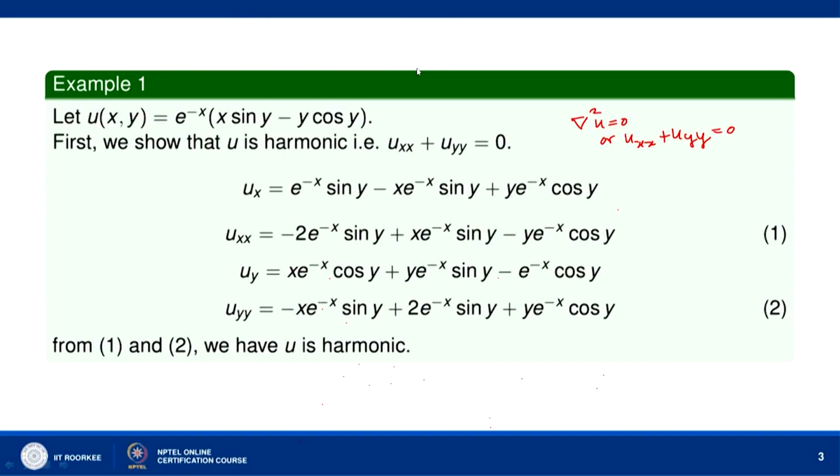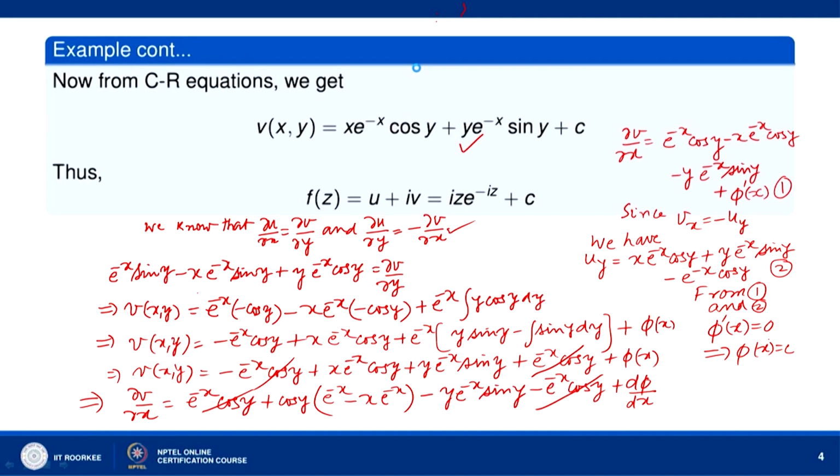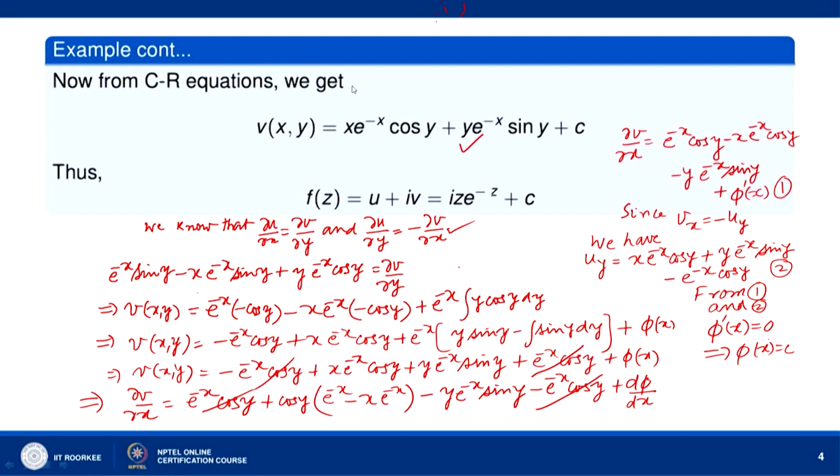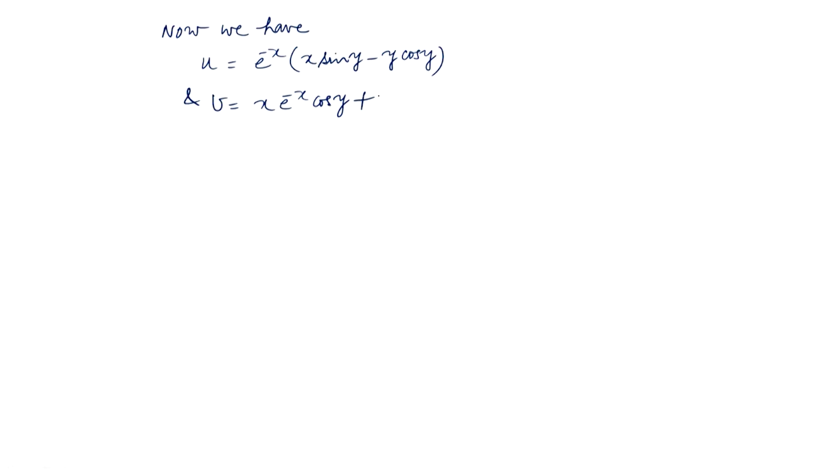And what is v? v we have found to be x e to the power minus x cos y plus y e to the power minus x sin y plus c. So hence the corresponding analytic function